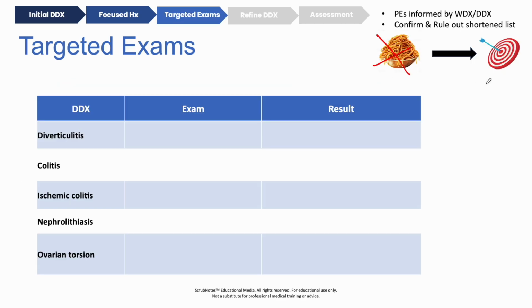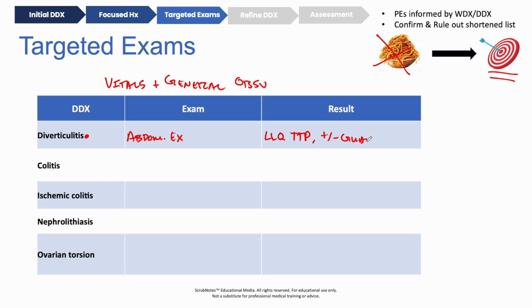Since we've asked focused history questions, we can now perform targeted physical exams to help rule in or confirm our shortened differential list. In an OSCE exam, don't forget to check vitals and make general observations. So I've created a table here of some top differentials for our patient that we'd want to perform physicals for. So if there's diverticulitis, we definitely want to do an abdominal exam. And let's say for our patient today, we found some tenderness to palpation in the left lower quadrant with a